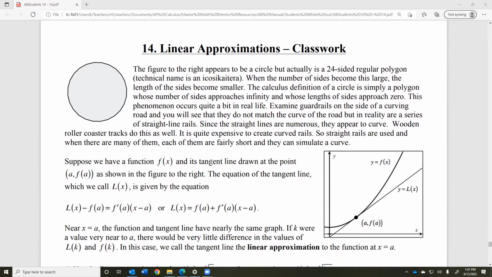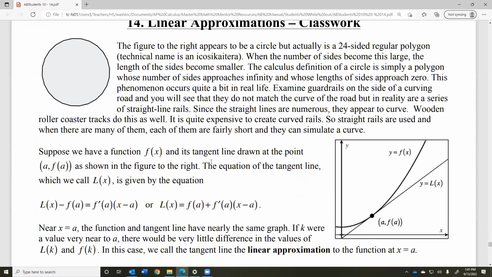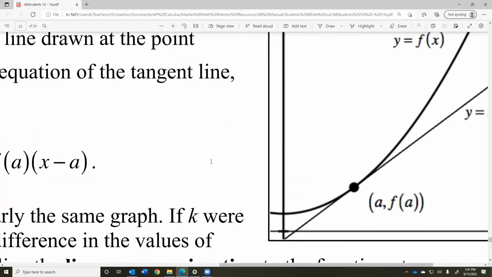Chapter 14, we're looking at linear approximations. We're going to use the tangent line to approximate values of the function. And in order to do that, we need to look at this idea of the tangent line and how we get closer and closer to the point, what happens to the tangent line and